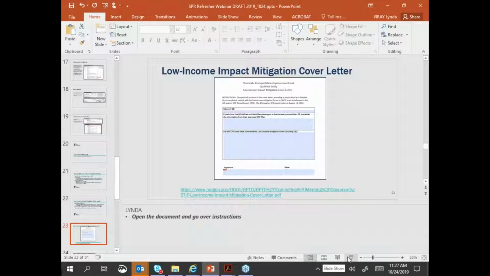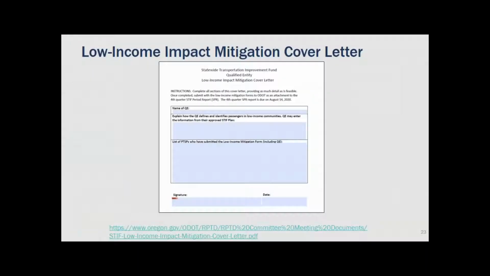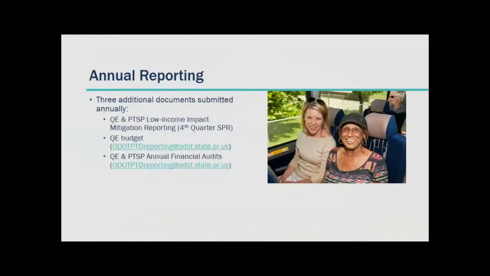Yeah, we have a couple about deadlines. Sure. So the first is, this is a STIF question, but not related to the presentation. What period was the October 15th disbursement to QEs for? Was it for the July 2018 through December 2019 period? So that depends on whether or not you're a Cycle 1 or a Cycle 2 applicant. So the October 15th disbursement is intended to be for fiscal year 20 quarter 2. So the October through December quarter is what those funds are intended to be used for.